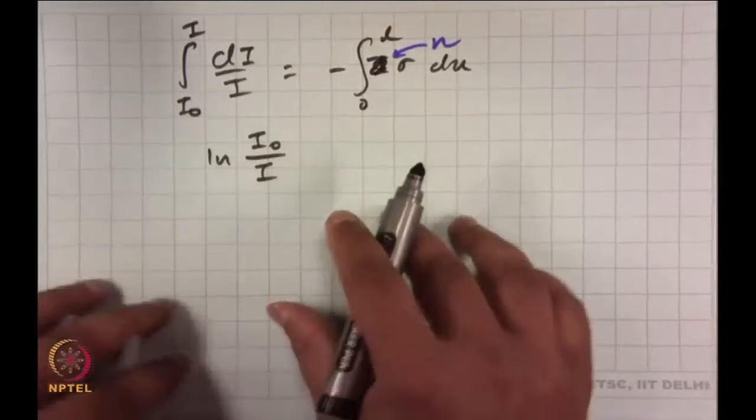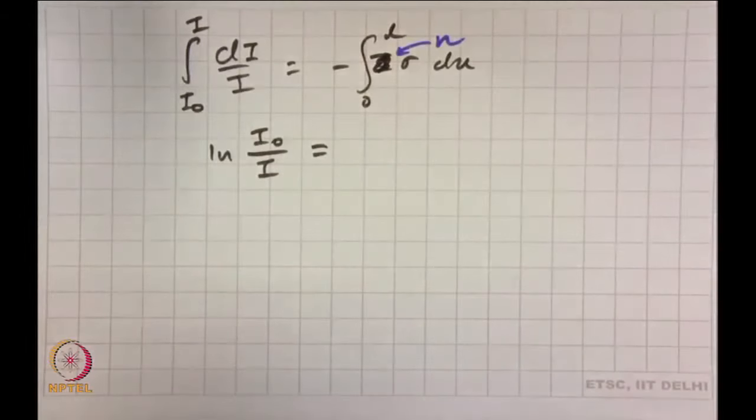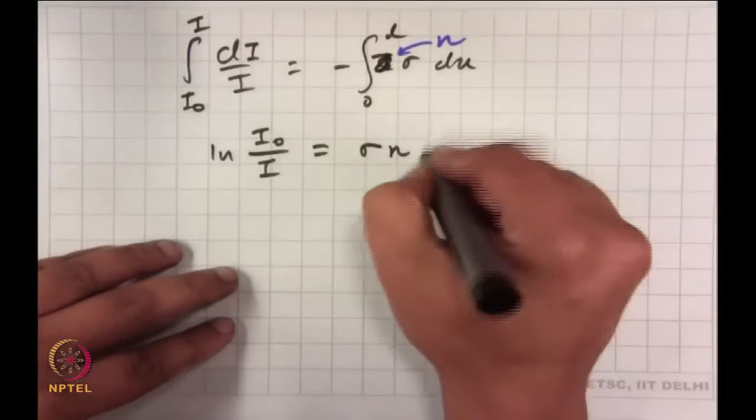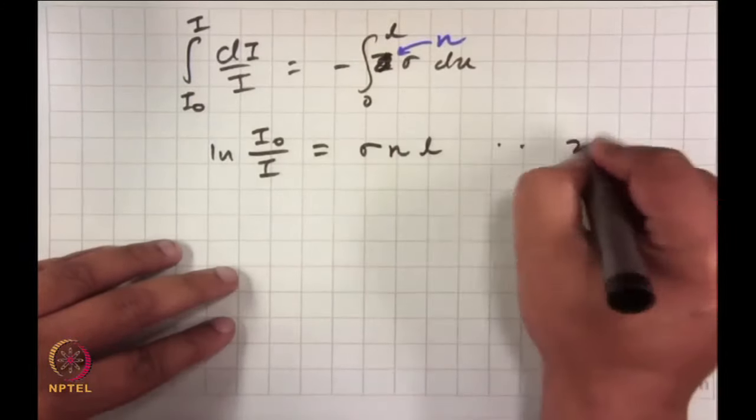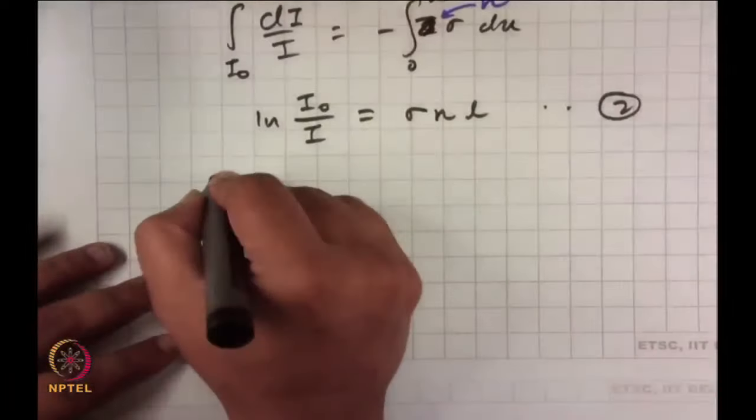So, ln I0 by I should be equal to what from here? Now, see, I have changed the order a little bit. So, this should be equal to what? I should be having sigma, I should be having n, and then I should be having L. So, this is equation 2. See, this is a form of your Lambert-Beer's equation. Okay. So, this is a form of your Lambert-Beer's law, right. The only thing is, this is not what you use frequently. What you use frequently rather is